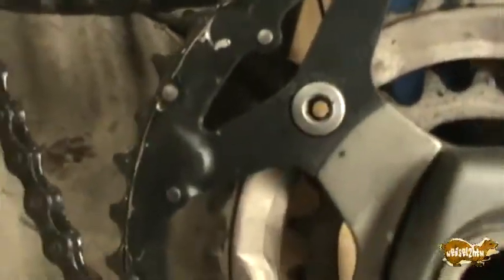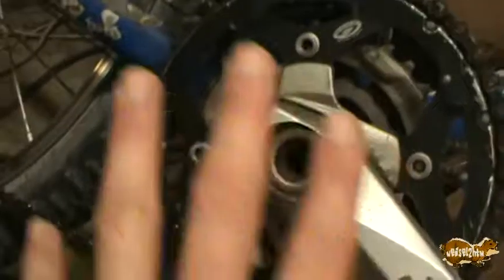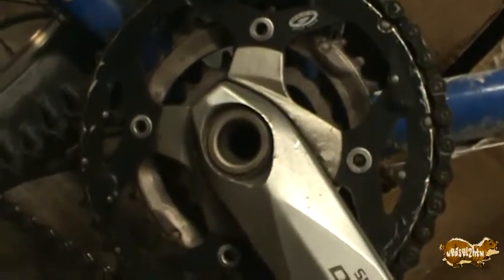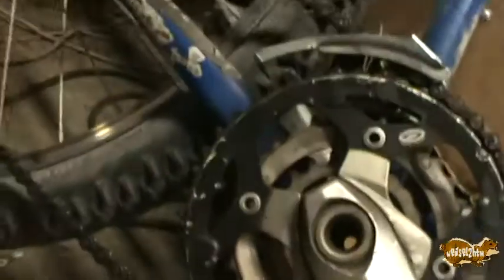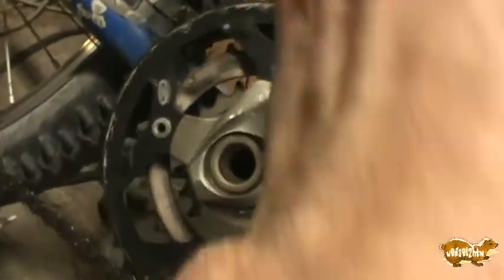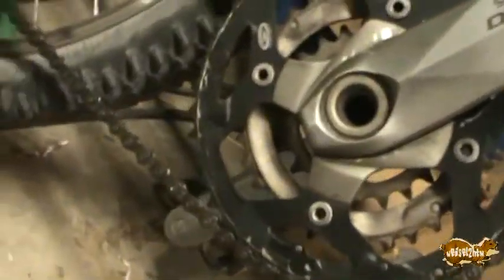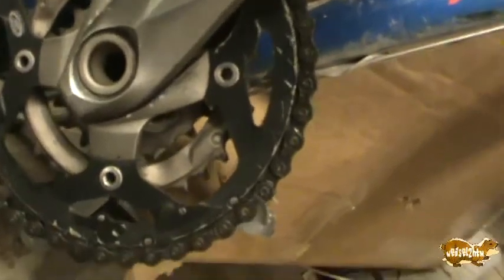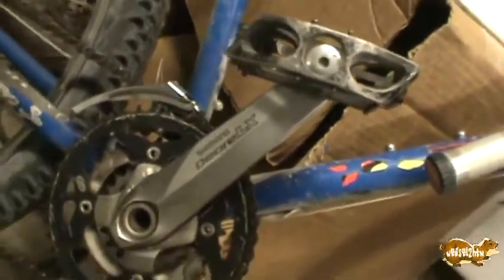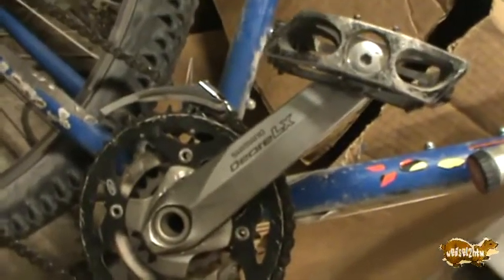Yeah, there's a tooth missing there, so I need to either get a new crank set or just get a new set of gears. I'm not sure if I can, but if I can get a new set of gears, that'd be great, because there seems to be nothing wrong with this crank set. Oh, now it's hitting the concrete. So let's see here. What else do I need to do to this bike? That's pretty much it. Just replace the drivetrain and powder coat it,